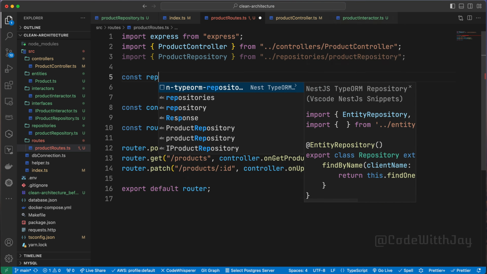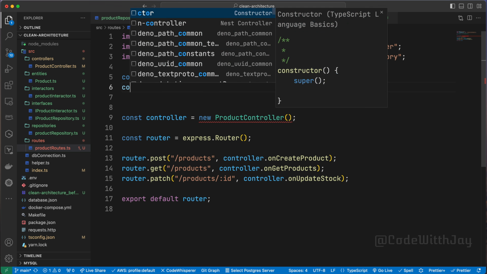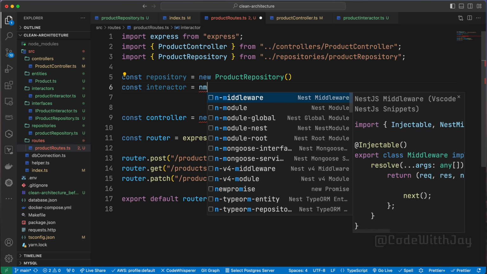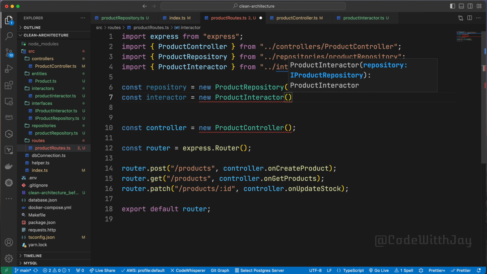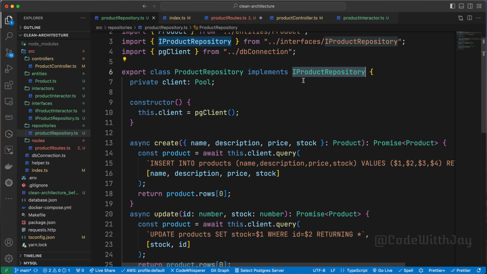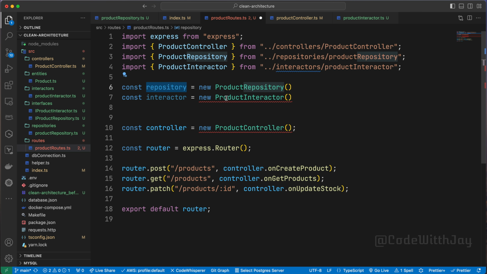So first of all, the repository: new product repository, right? Then secondly, we need to create our interactor. Interactor will be new product interactor, right? And this new product interactor needs some input, that has to be iProduct repository. As you can see, our repository already implements the iProduct repository interface. So if we assign this one, it is going to work perfectly, right? So let's try to pass this one,